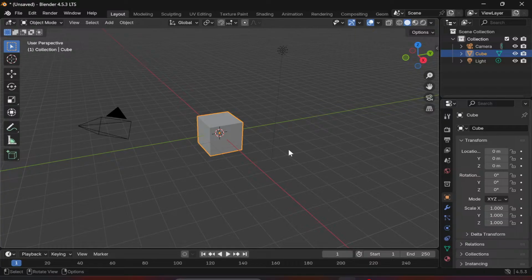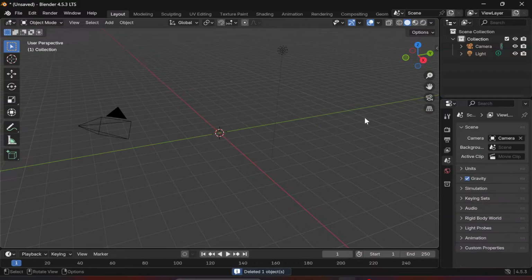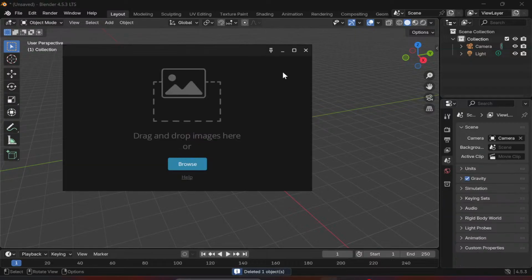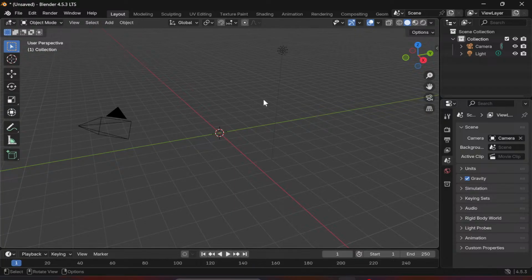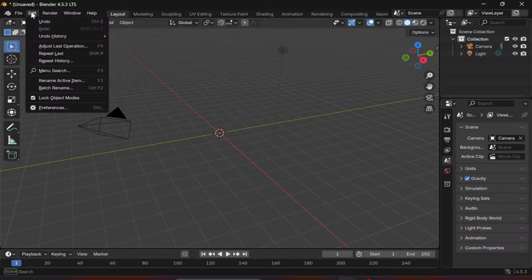Okay. Now we're going to delete this default cube. Just a little bit of setup before we go into any of the modeling. And for those who use a laptop,